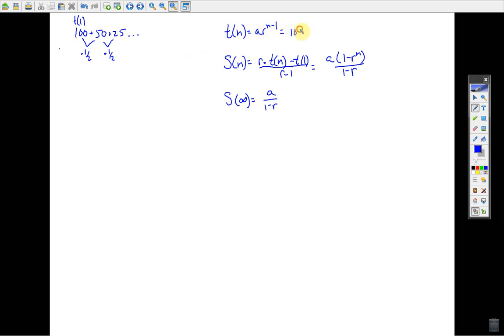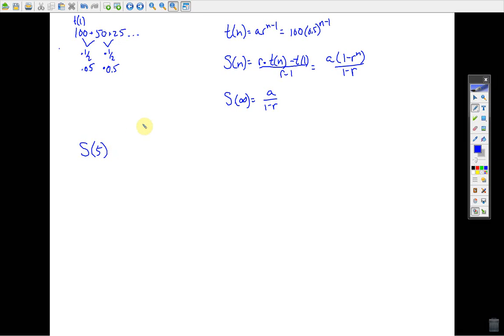So we're going to say 100 times 0.5, which is the same thing as 1/2, to the n minus 1. And there we go. If we wanted to sum, say, the first 5 terms,